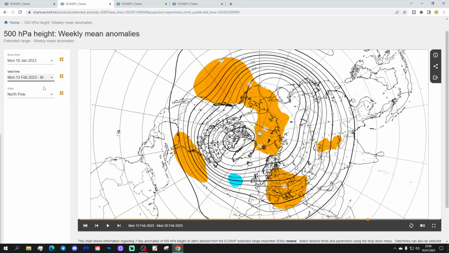The 500 millibar height anomaly looks like that. So a little bit of low pressure in the Atlantic, high pressure towards the eastern side of Europe. Otherwise, not much going on. There is some blocking right over the Arctic, over the North Pole. If we get an SSW, Sudden Stratospheric Warming, at the end of January, it'll be kind of mid-February when you'd expect to start seeing a bit of a response to that. There is a little bit of blocking there in the North Pole, but certainly not in a position to do